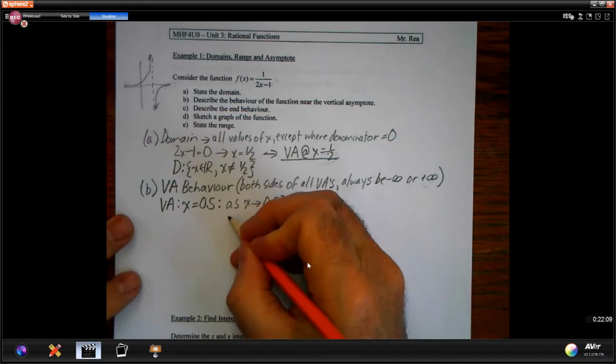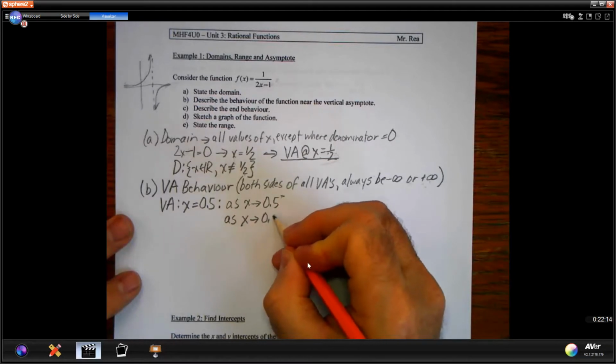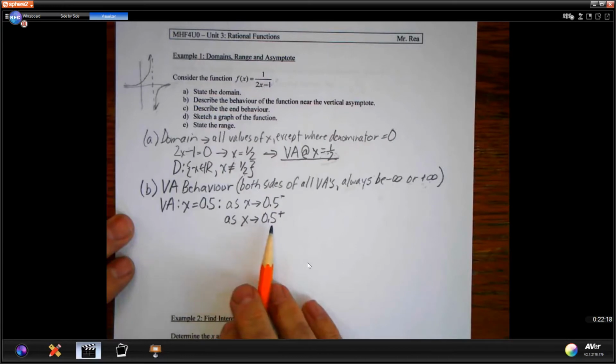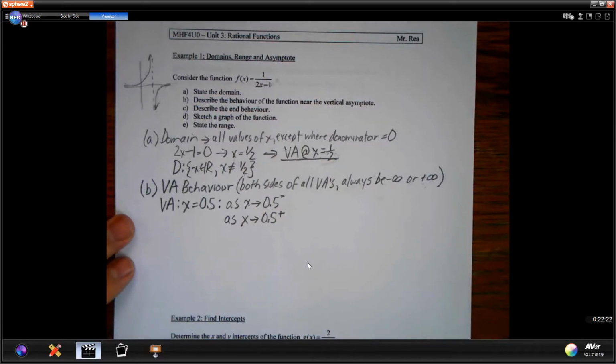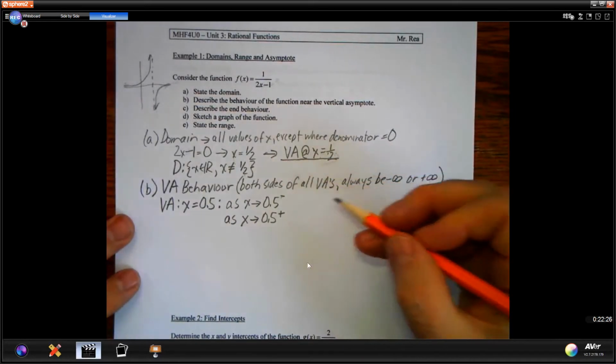The other side, which I'll just show you the form here, will be the same, except this one is going to be a positive sign. So this says as x approaches 0.5 from the positive side. Okay. Now, this is the part you don't have to include in your statement, but the way I do these,